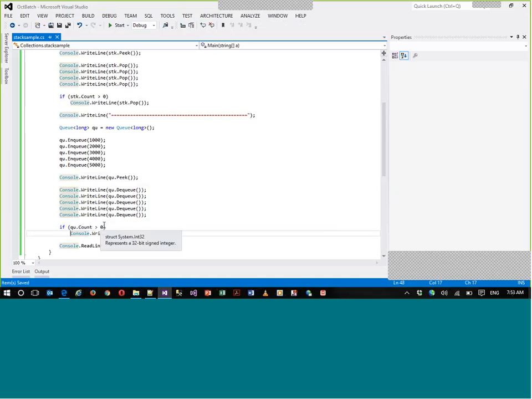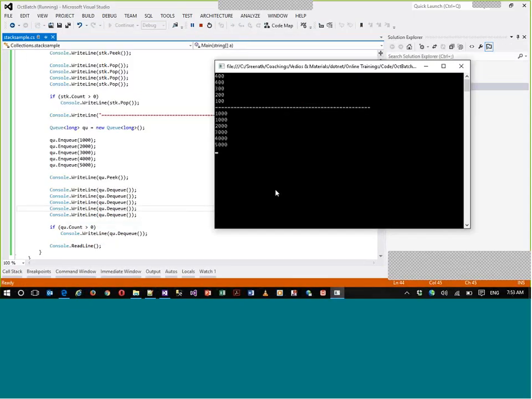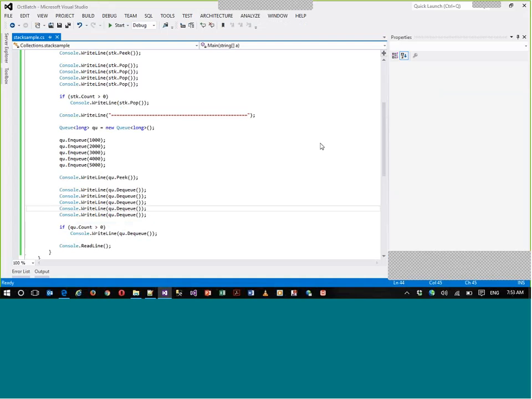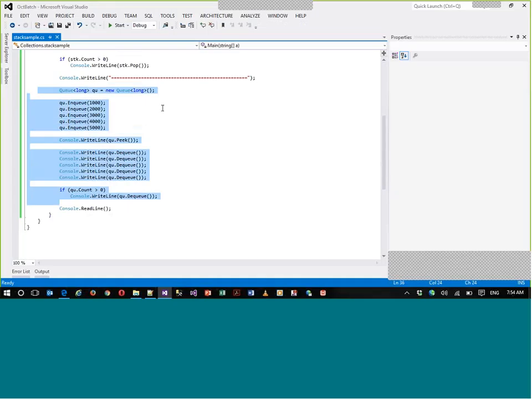If it is greater than 0 only, then dequeue. So this is how we can actually get the details of stack and queue, how it actually works.